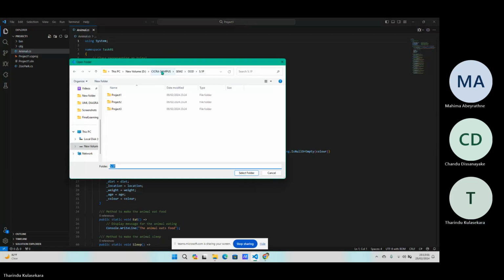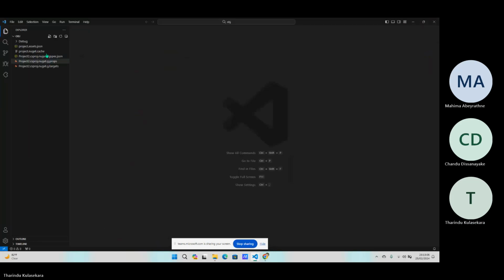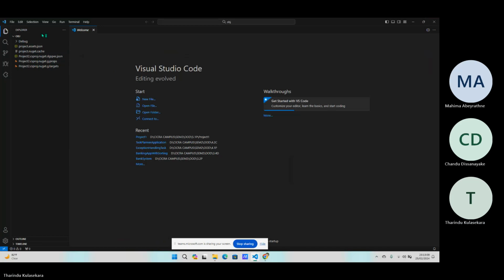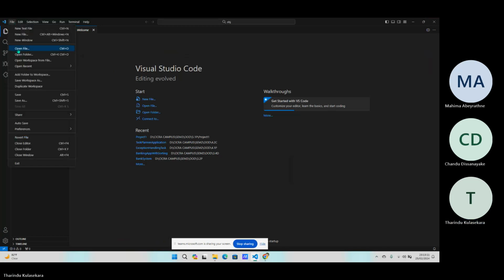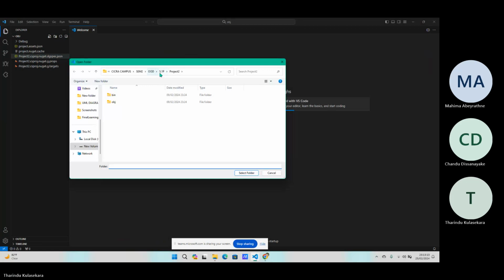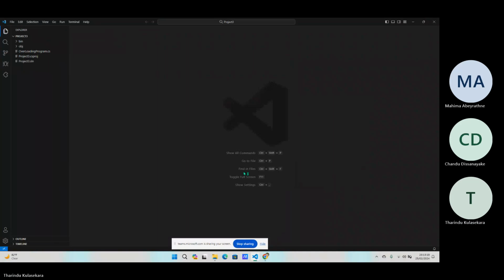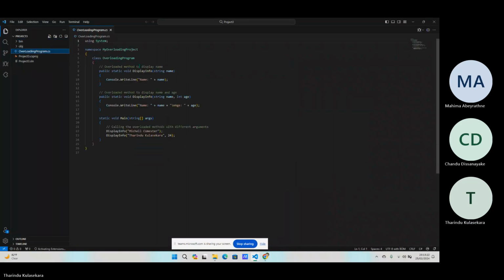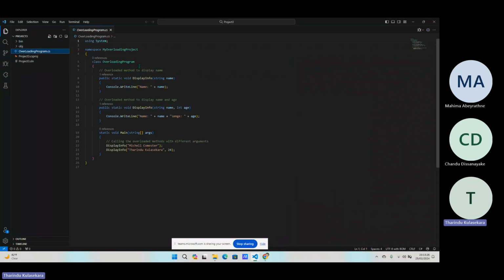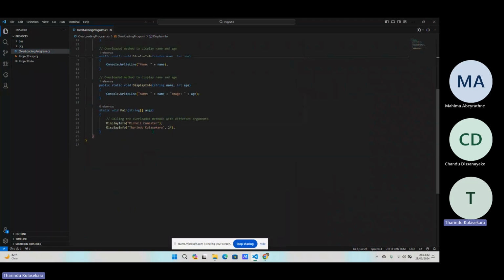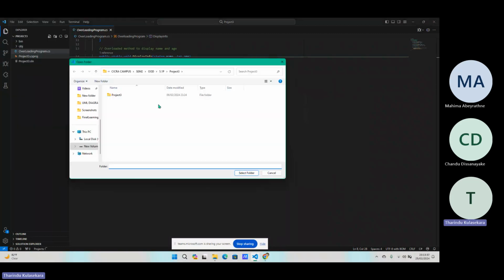So in project 2, this is about overloading a program. It's a small project. You can go through the methods and see what happens in this area, calling the overloaded methods with different arguments. After that,